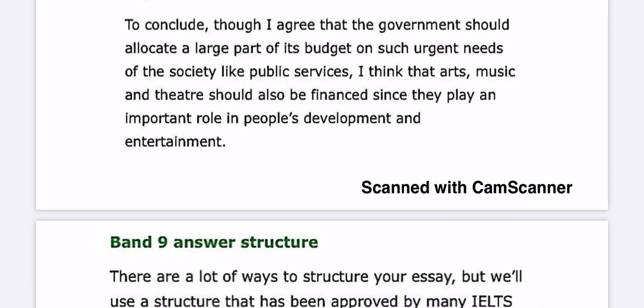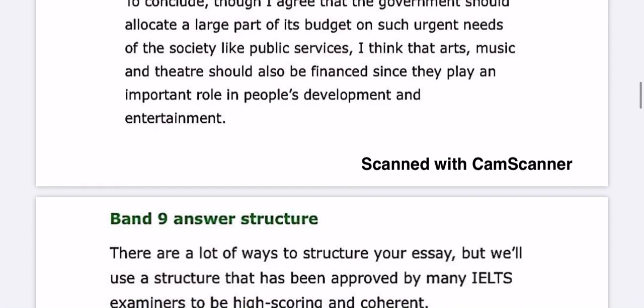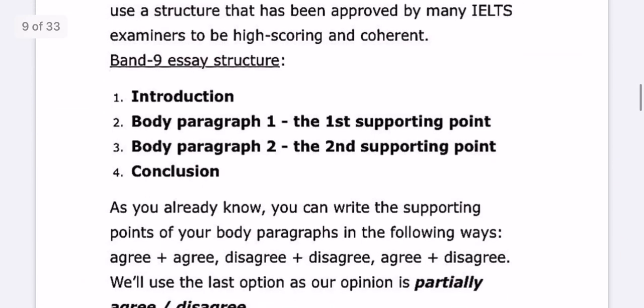So, to conclude, though I agree that the government should allocate a large part of its budget on such urgent needs of the society like public services, I think that arts, music and theatre should also be financed, since they play an important role in people's development and entertainment. So, this is